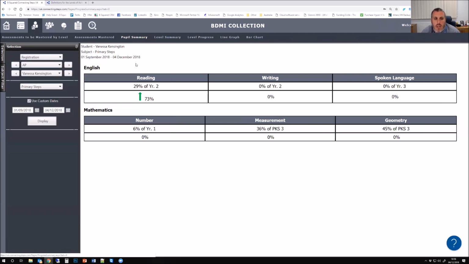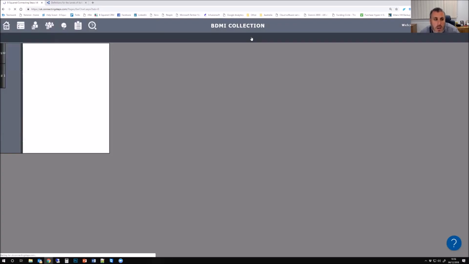So pupil summary, it's a nice snapshot. Where are they now? What's the progress? I can look at progress over time in 3 different ways. So level progress is a screen which can be a grid full of numbers. A line graph will give me lines for all the different areas, and my colleague always jokes it looks a bit like a tube map with all the different colours and lines. I personally prefer the bar chart,